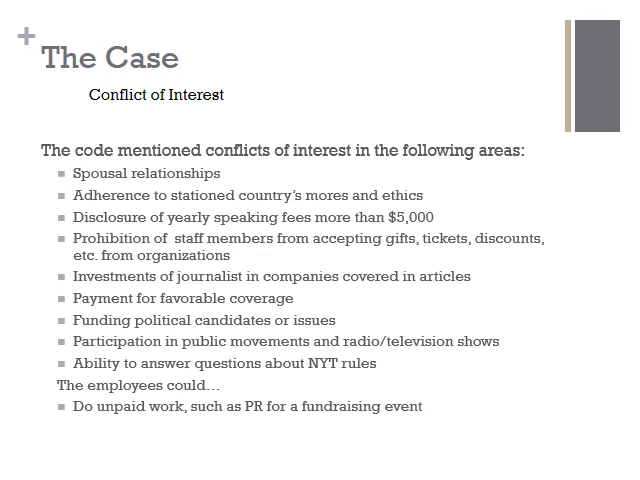The code focuses in on many possible conflicts of interest. It recognizes marriage as a potential conflict of interest. It draws lines about reporting abroad and whether or not to follow the mandates of that country and the mores of that country. It mandates that journalists disclose yearly speaking fees of more than $5,000, stop accepting gifts, tickets, discounts,